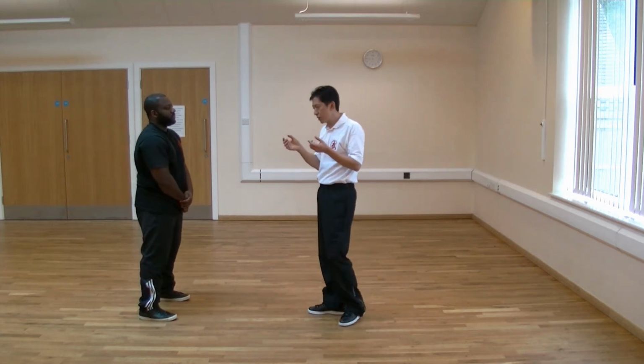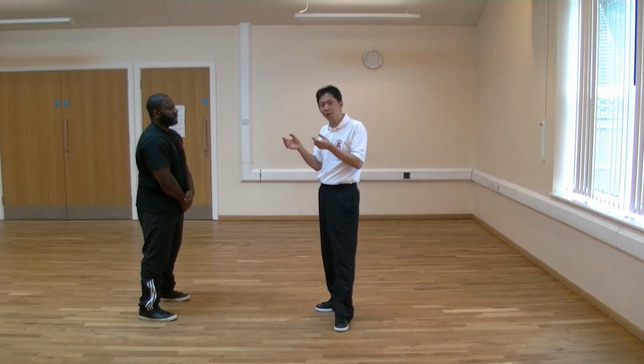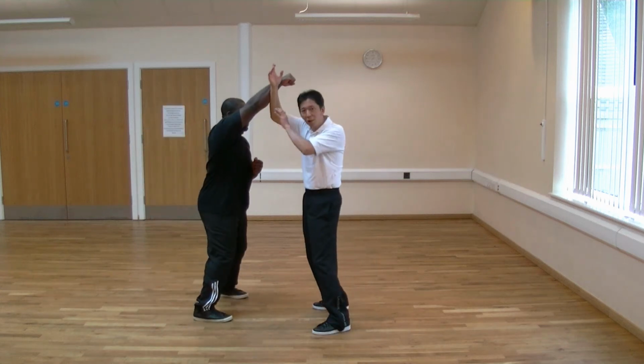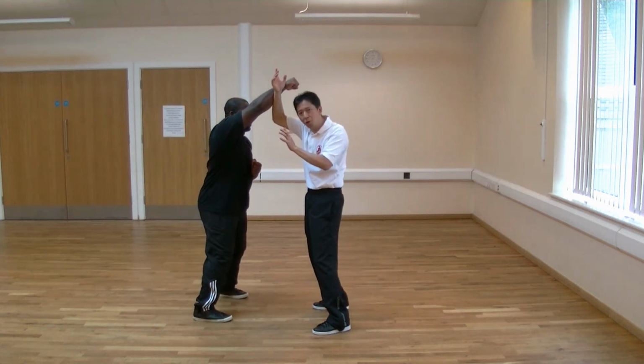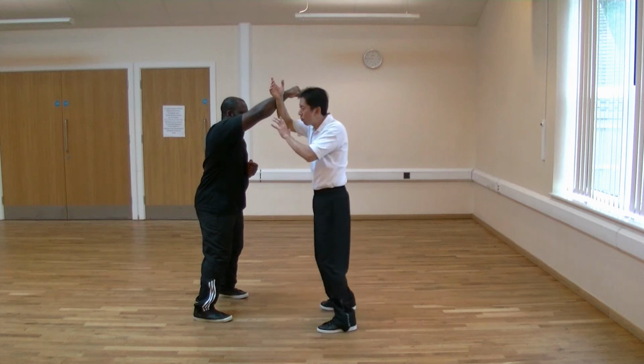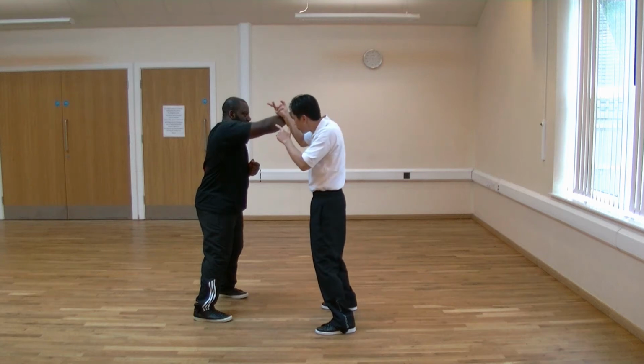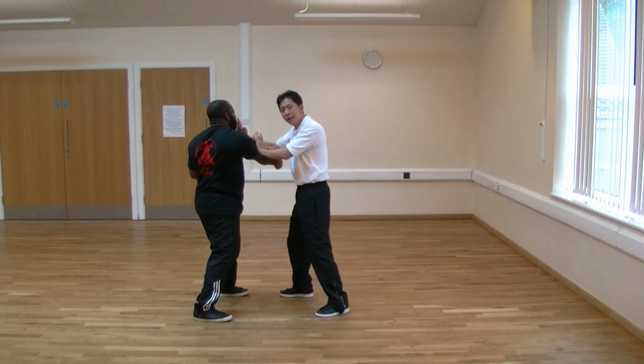So now let's see how we use the structured flow during the interception for this stage. What happens if Sylvester's throwing a punch from here? When I'm intercepting from here, I've got a choice. I can move around him, or I have a choice of breaking through his structure here. The first structured flow, we have the tan for wu, so we'll break in this way, or if he